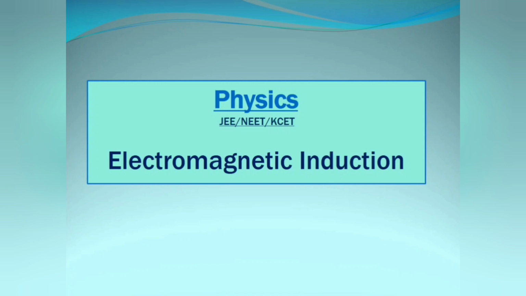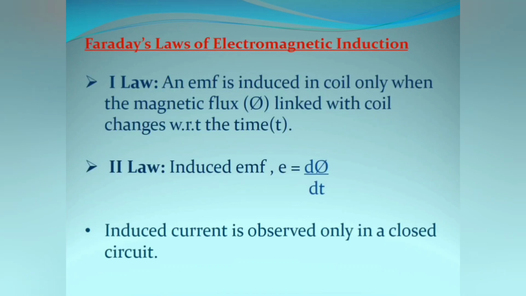Okay, now let us start the discussion on the synopsis of the chapter Electromagnetic Induction. So what is electromagnetic induction? Already in our regular classes we studied the phenomenon of generating electric current due to changing magnetic flux. That means whenever magnetic flux changes, induced EMF takes place or electric current is generated, so we can call it electromagnetic induction.